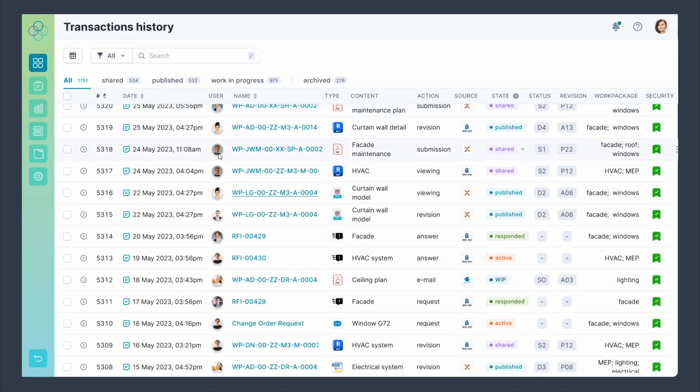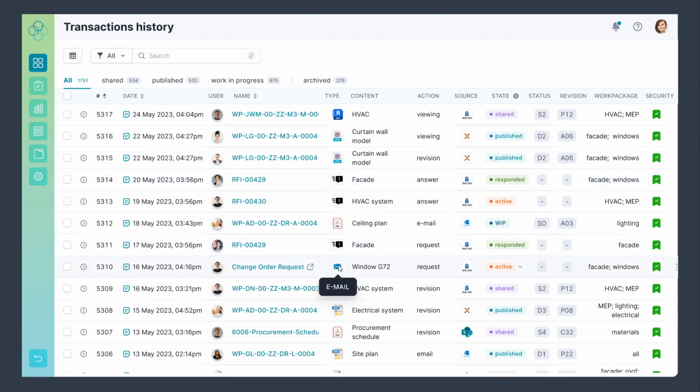And we also see which users were involved in this transaction. And the different types include not only the files, but also things like requests for information or emails and change